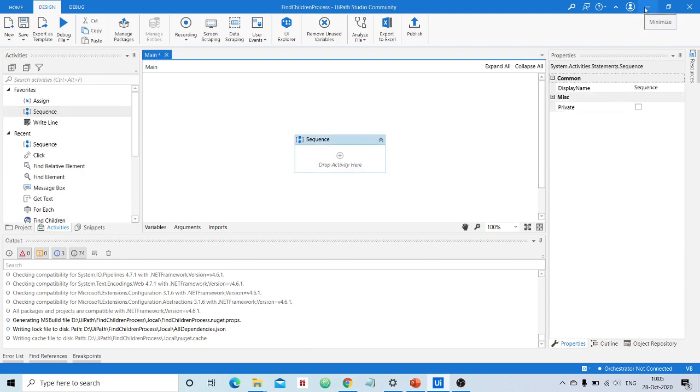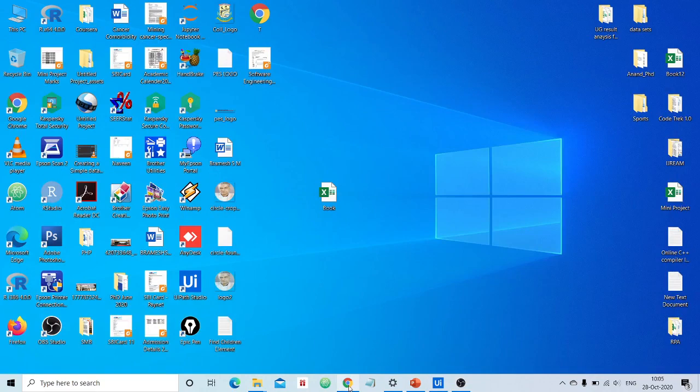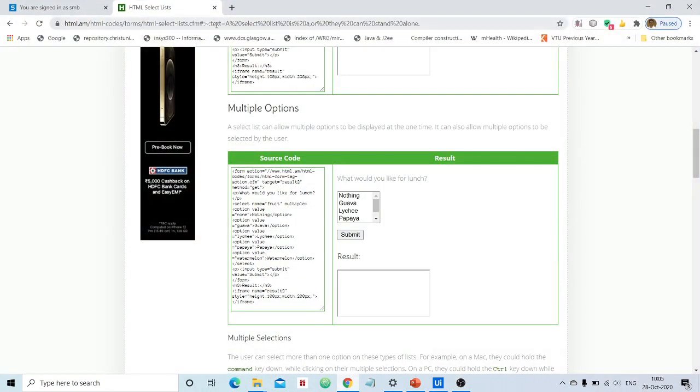Now as I said, once again I will repeat, our aim is, let us go to the web page. This is the link that I am referring to for this example, and we shall choose this as a target element, and we shall fetch these values as children elements. As I explained theoretically, you can treat this as a target element. This is a multiple options component where you can treat these options as the children elements for this target element. We shall make this a target element.